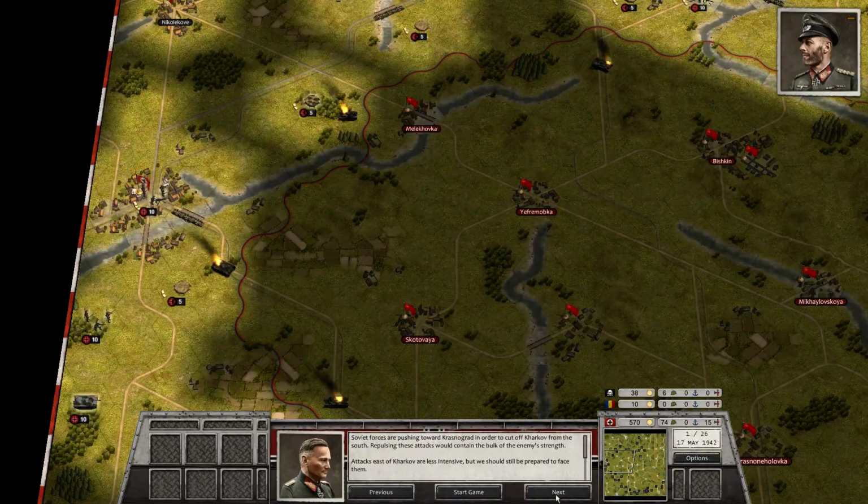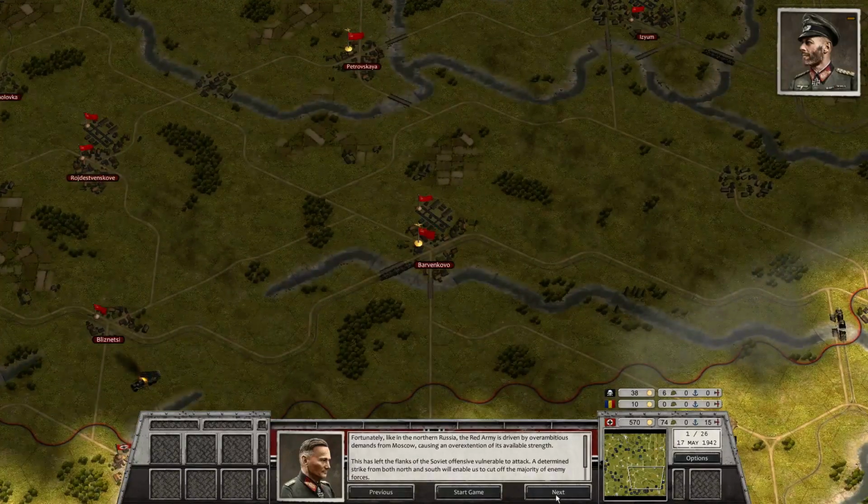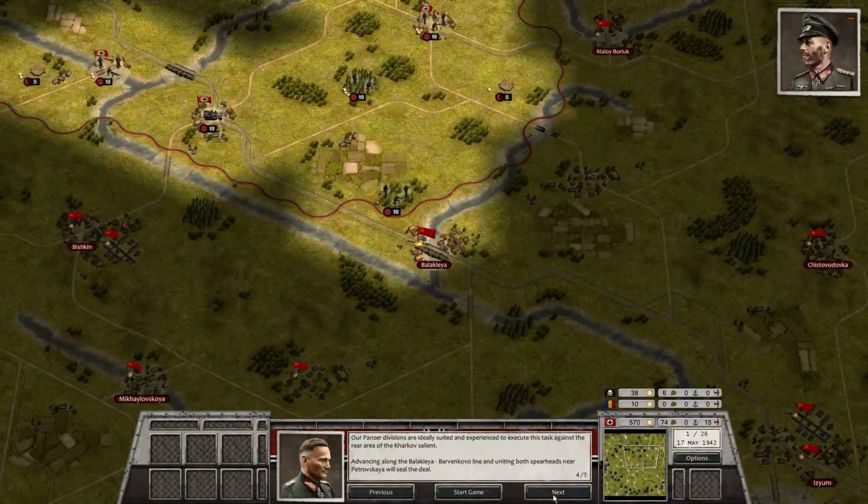Attacks east of Kharkov are less intensive, but we should still be prepared to face them. Fortunately, like in northern Russia, the Red Army is driven by over-ambitious demands from Moscow, causing an overextension of its available strength. This has left the flanks of the Soviet offensive vulnerable to attack. A determined strike from both the north and south will enable us to cut off the majority of the enemy forces. Our Panzer Divisions are ideally suited and experienced to execute this task against the rear area of the Kharkov